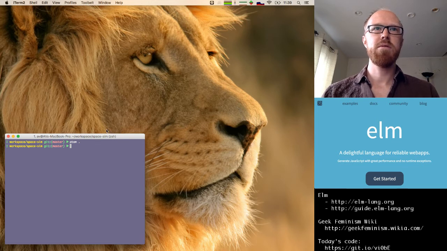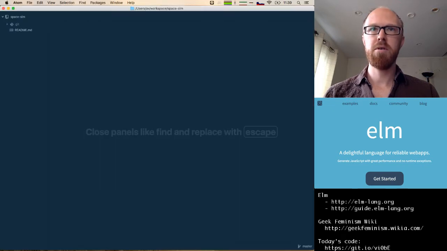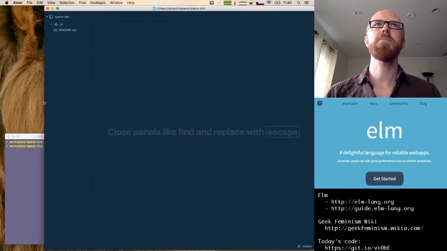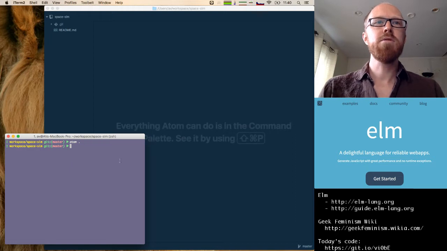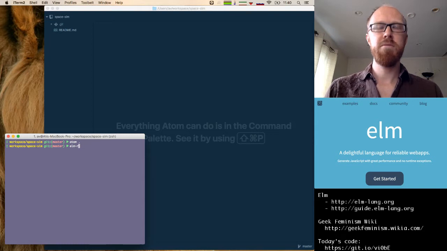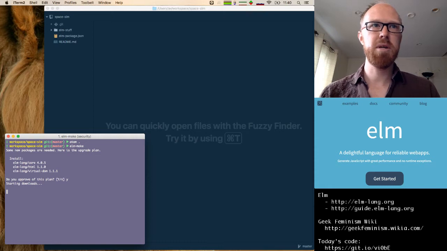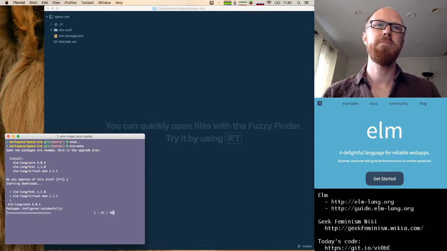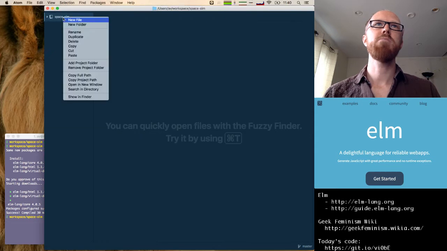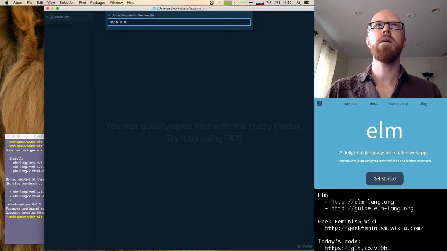So let's start up Atom. Is it already open? Yes, it is. All right. And let's start up Elm Reactor. Actually, before we do that, we should run Elm Make the first time to download our initial dependencies. Then let's make our main.elm.